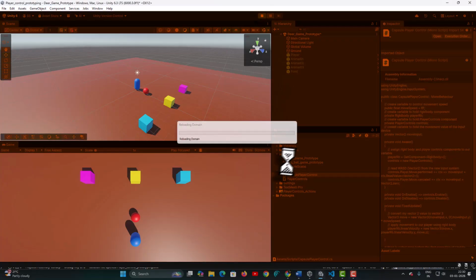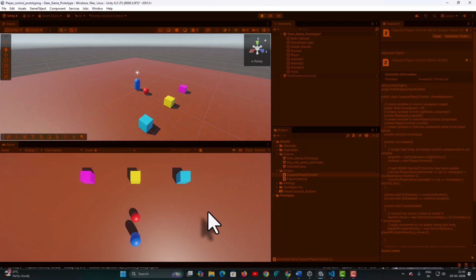compile. Now if I play the game and test it, see, I will use the arrow keys or WASD keys. W will move it forward, S moves it backward, D moves it to the side, and A moves it to the other side. But when it is moving, you can now see that it has got rotated. See, you are seeing these rotations happening,